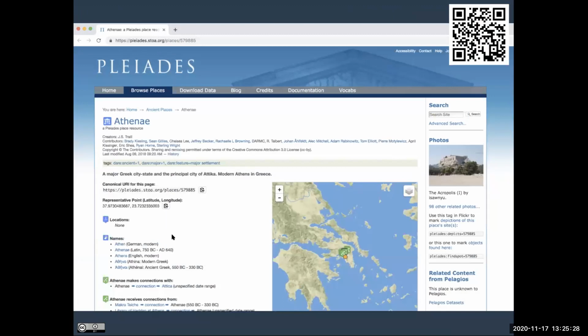And so these are just 3 gazetteers. Now, what these are all built on is what they call linked open